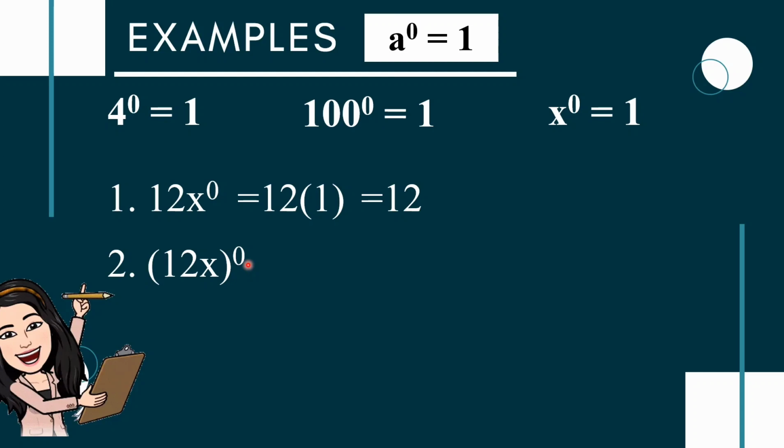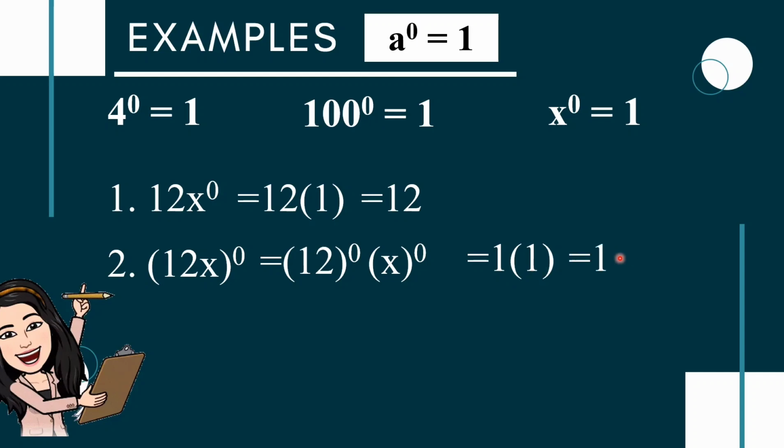So we have 12 raised to 0 and x raised to 0. And that is equal to, ano ang 12 raised to 0? Very good. That is equal to 1. How about x raised to 0? Again, that is equal to 1. And now, let us simplify 1 times 1, and that is equal to 1. So therefore, ang 12 times x raised to 0 power is equal to 1. Okay? Next, number 3. The given is x raised to 0 plus 3